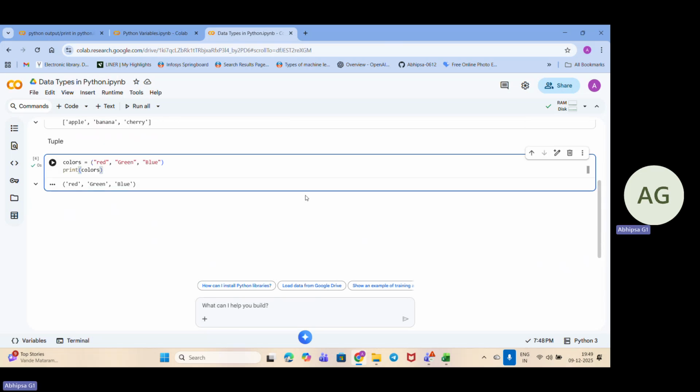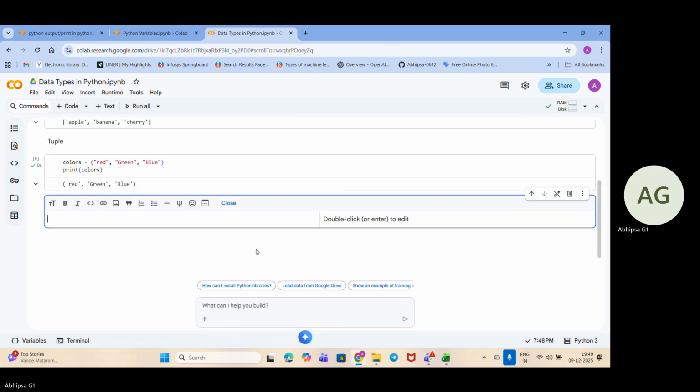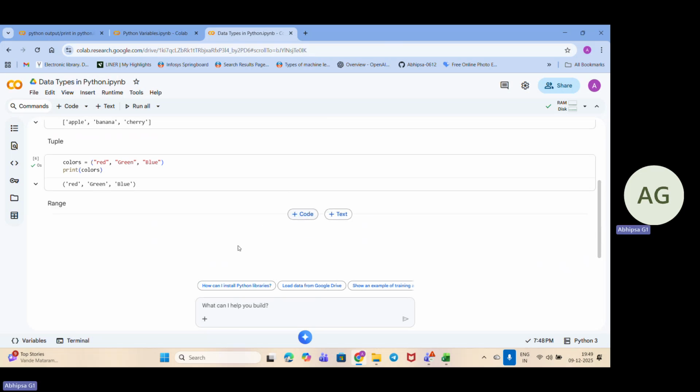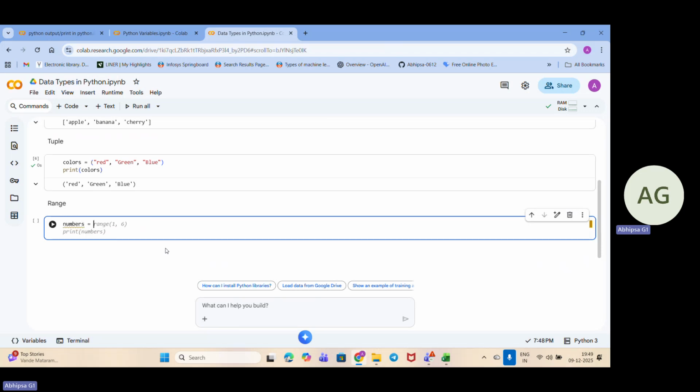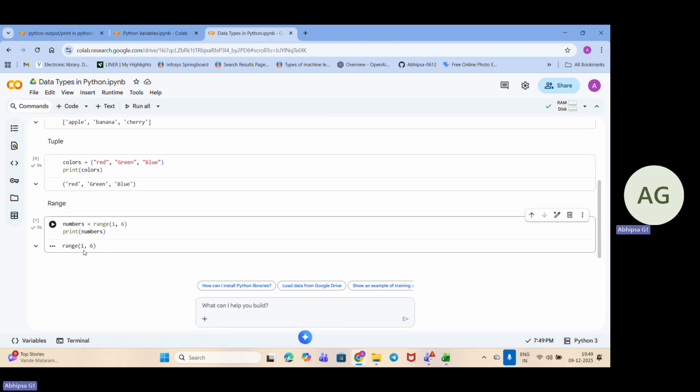So next we have range. Range is when we have a specific range to cover. Let's take numbers equal to range from 1 to 6, and print it. So it is giving me the values like this.